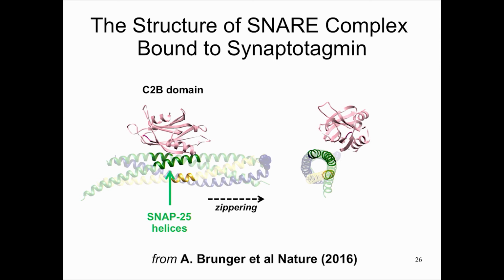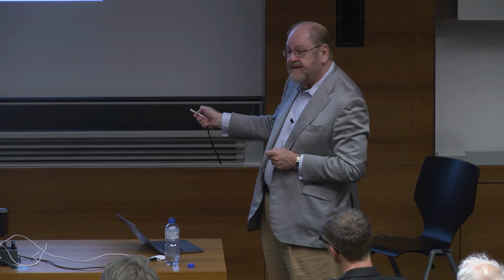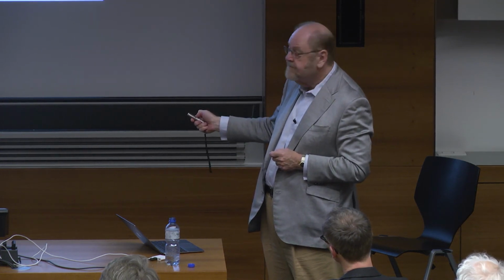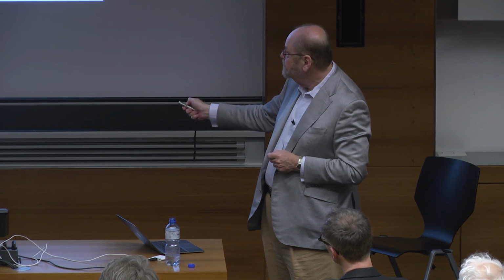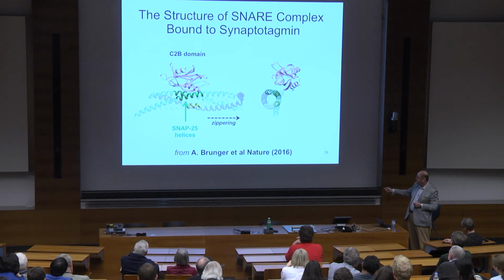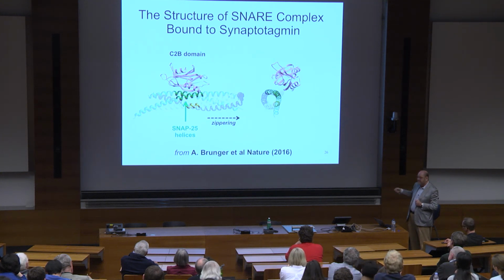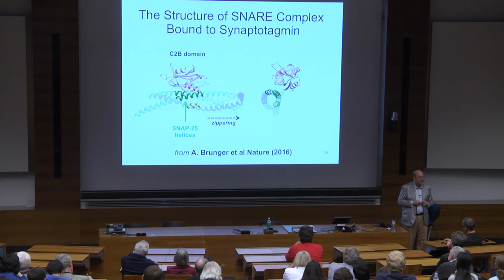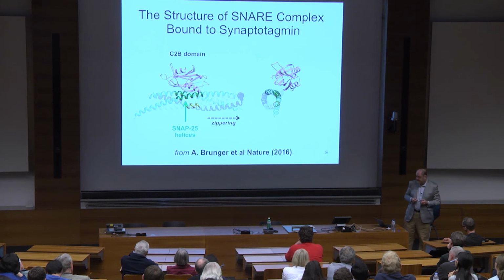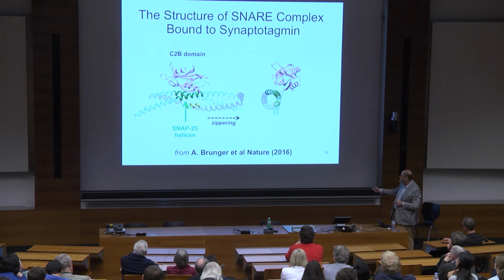It's been known for years that a single molecule of synaptotagmin, the A-B domain, will bind to the snare complex. And it's been known for several years that it is the B domain specifically that engages in this contact, the domain that's most important, and that it binds to 2 portions of the SNAP25 helical face of the snare complex. That's also been known. In the crystal structure, among other contacts, there is this contact between the B domain and SNAP25, predicted to be the strongest contact. And indeed, mutating residues in this region partially compromises synaptic transmission kinetics. So this is likely to be a relevant contact.